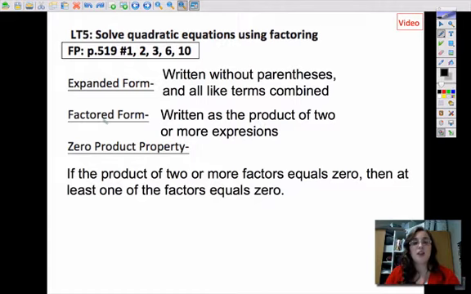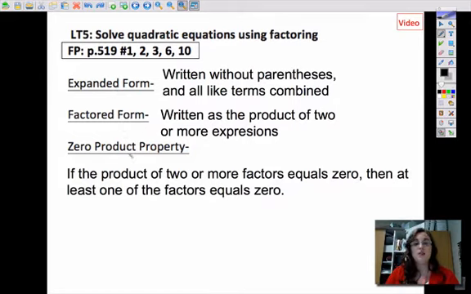Okay? Factor, remember in the simplest terms, if I ask you to factor a number, I mean to tell me the numbers that multiply to that number. So factored form is going to look like the product or the multiplication of 2 expressions or more. Okay? And then once we've got it from expanded form to factored form, which is what we're going to work on,